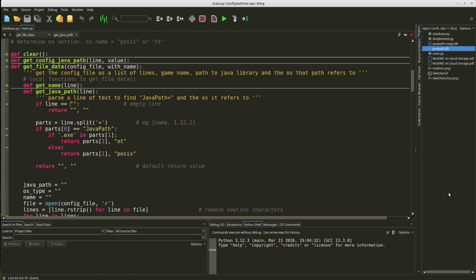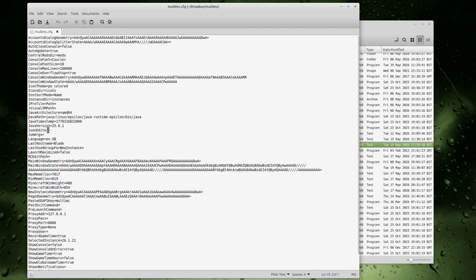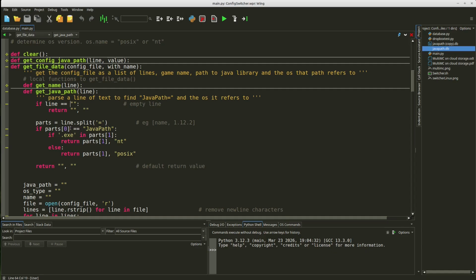So if I just bring back the file, let's go back to Open with Text Editor again. So we've got, for example here, Java path equals Java Linux, blah, blah, blah. So what we're doing here is that we are splitting the line into Java path and the actual path. So if we go back, if the first part, which is part 0, equals Java path, we know we've got the right line. Then we're going to check whether in the second part, which is the Java path,